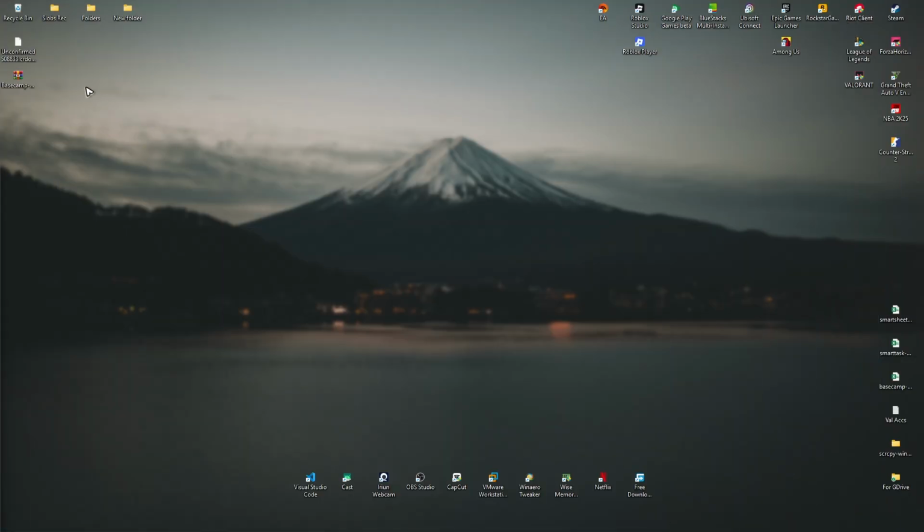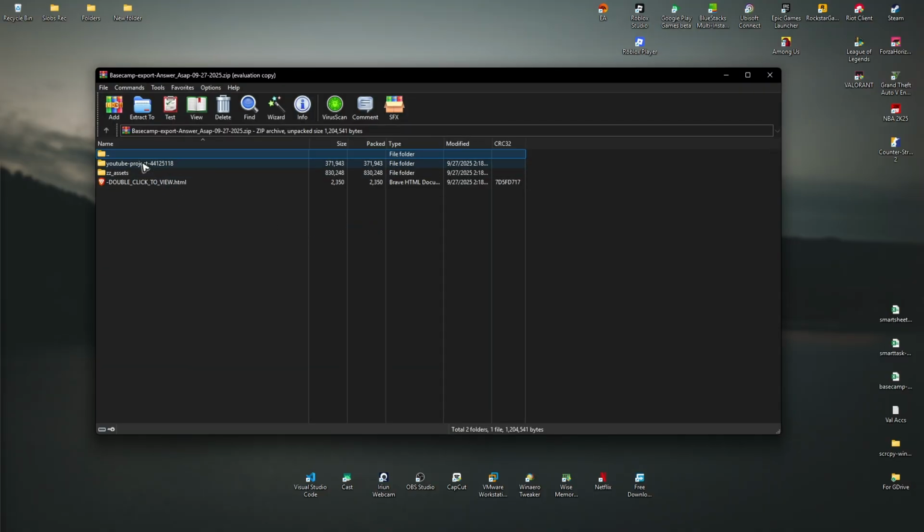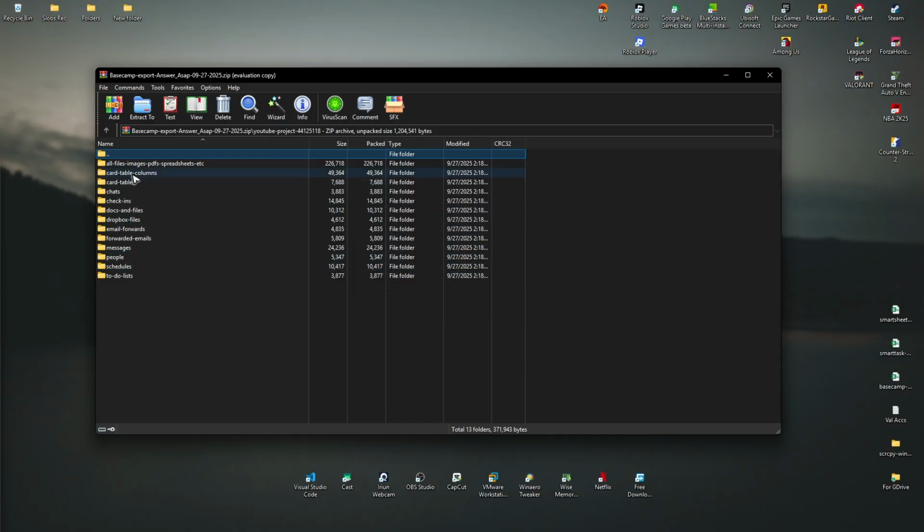Then let's go ahead and check it out right here. As you can see, it is now saved as a RAR file. I'm going to double click on it. There you go. That is it. That is how you export a single project from